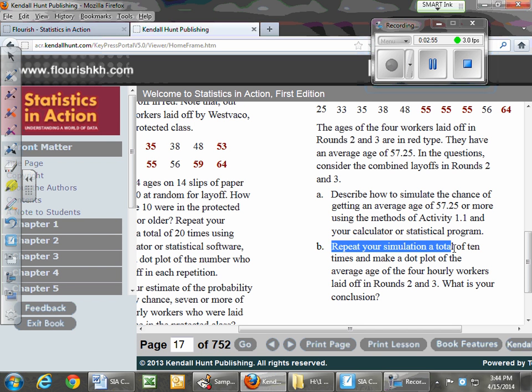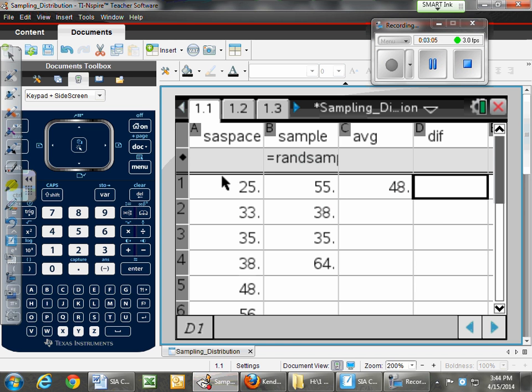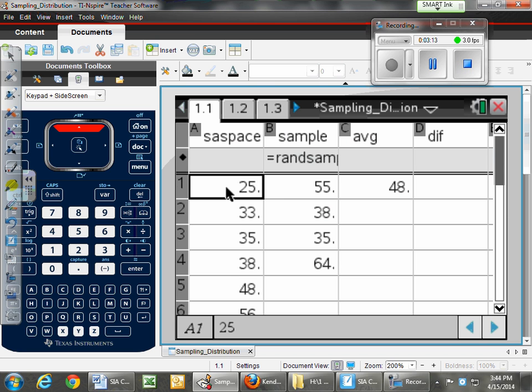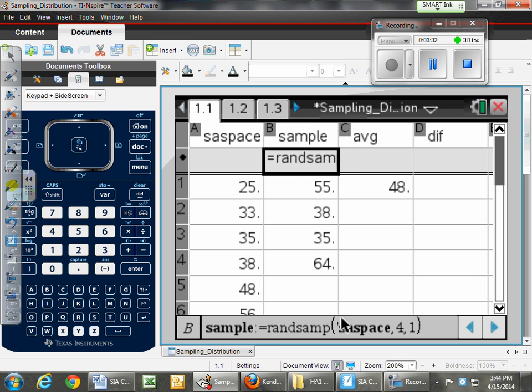Letter B says repeat your simulation a total of 10 times and make a dot plot. So here we go. That was what the Inspire was for. So in column A, we typed in our 10 ages, right on down the line, 25, 33, got all 10 of them in there. And in column B, I guess we called column A bowl when we did it the last time, and we called column B sample, but this is what I had saved from previous years, so this is what we're going to run with. So what we did, went through and on the random sample, we have this equation typed in,